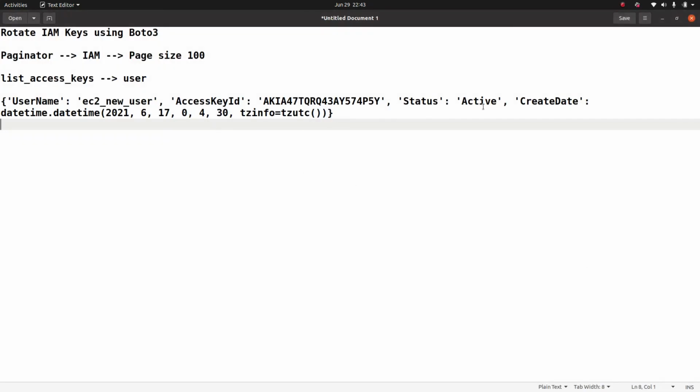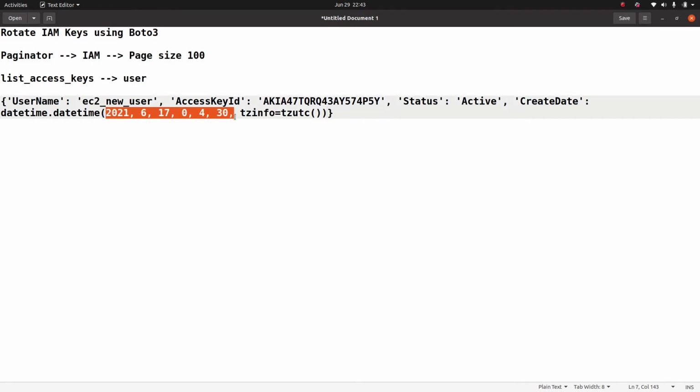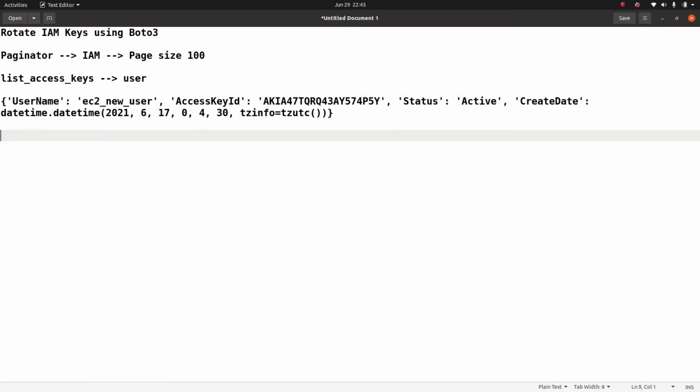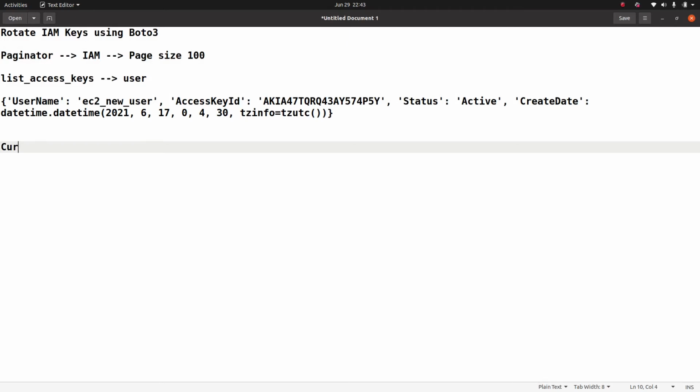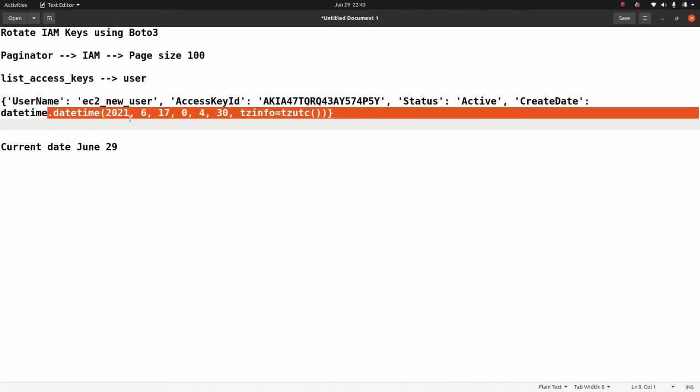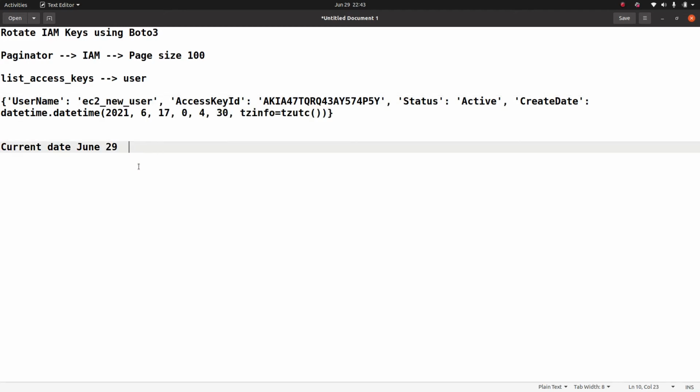So what exactly I need to do, I need to find out the current date, which means today is 29, so the current date is June 29, right? Then subtract this date, this June 6th, from the current date,